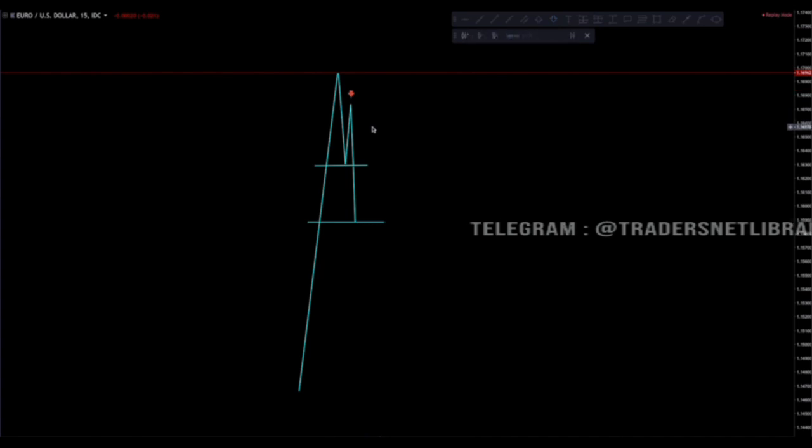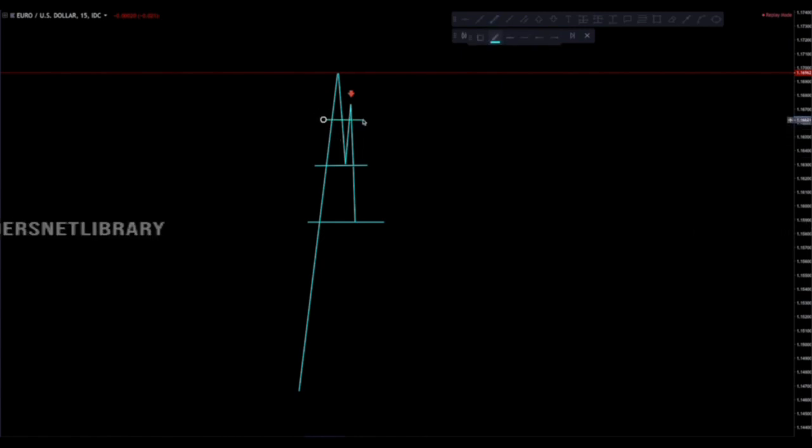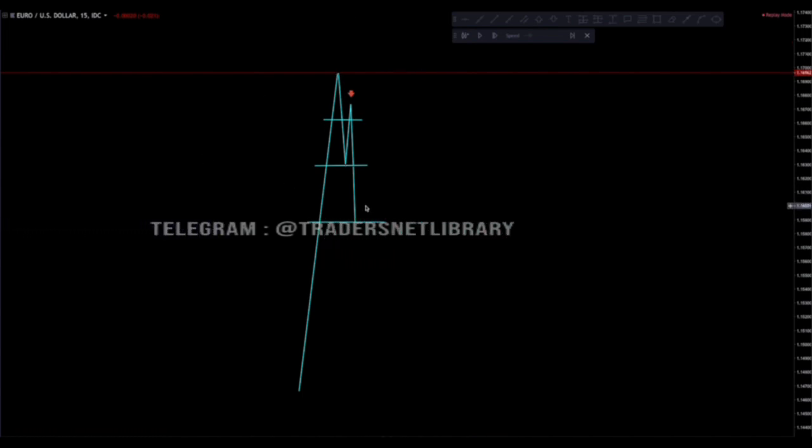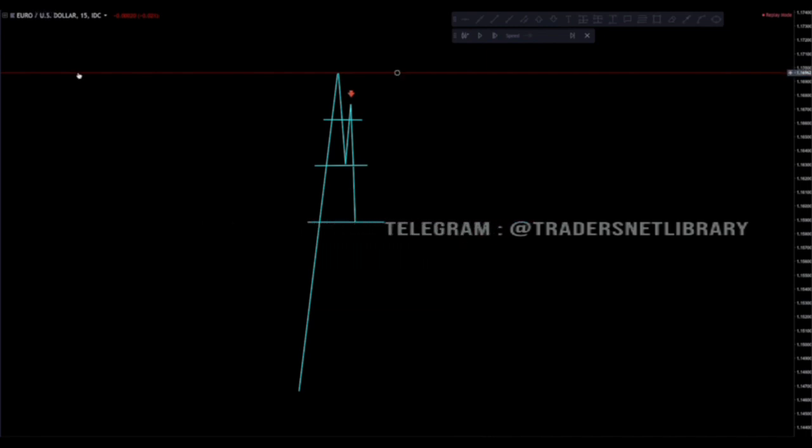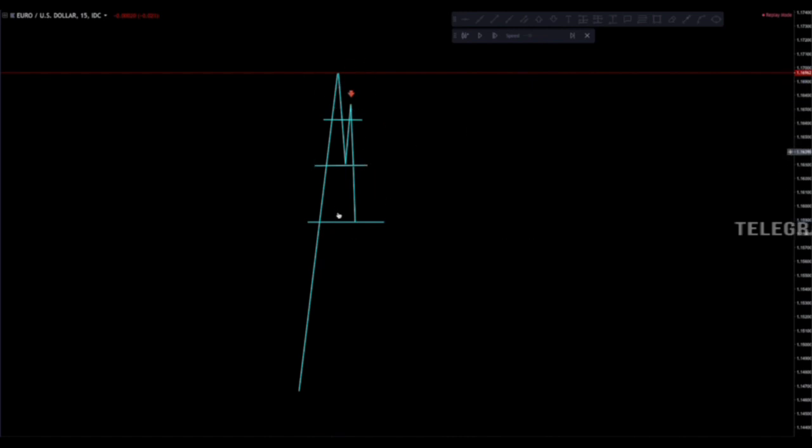Okay, so you will take a short around here, because you can see that in M5 you can tell that there is an M formation thanks to seeing